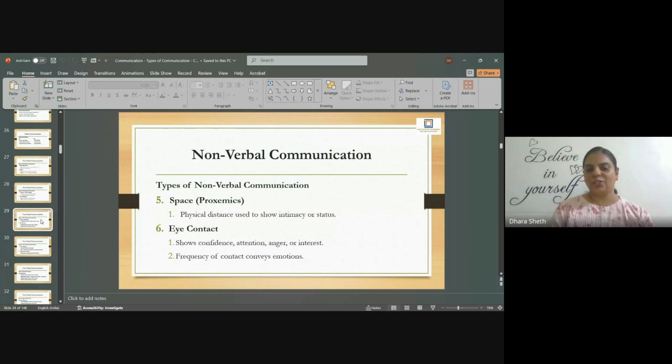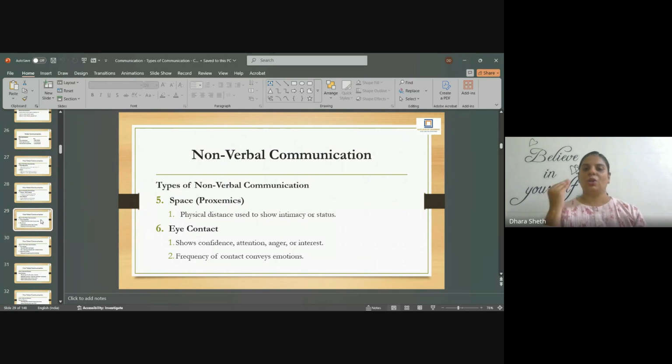Types of nonverbal communication include space, proxemics. The fifth one is space. If someone comes very close to you, within 18 inches of you, you will not feel good, unless that is a very close person to you, like your mom, your dad, your spouse, your child. Social distance needs to be maintained at 1.5 feet at least, even with a colleague that you are very good with. With strangers, we prefer even more distance. So consideration of space or proxemics is very important when it comes to nonverbal communication.